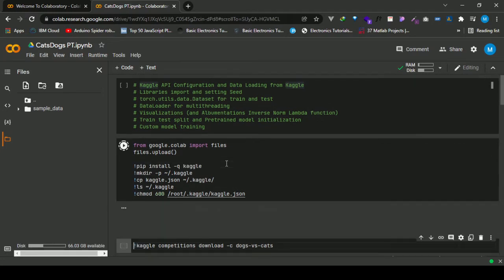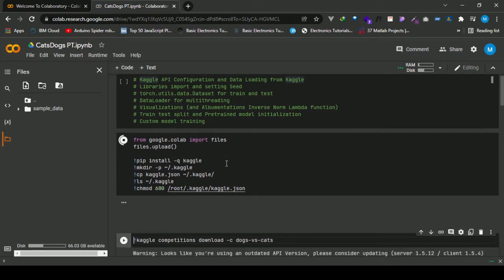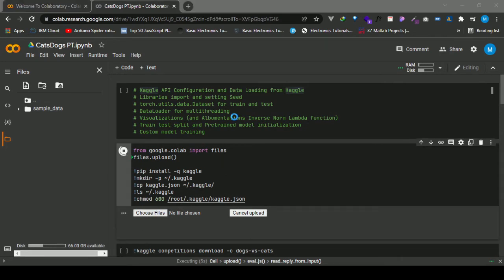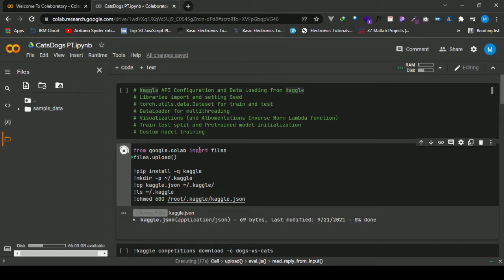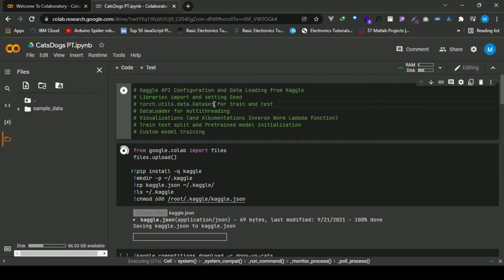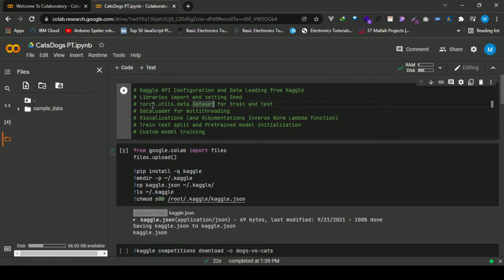So let me just run this one. This one is for the first steps, that is Kaggle API configuration and dataset loading from the Kaggle data platform. So let me do that. Yeah, I've loaded the Kaggle.json file. So as you see, as it loads in the TensorFlow,